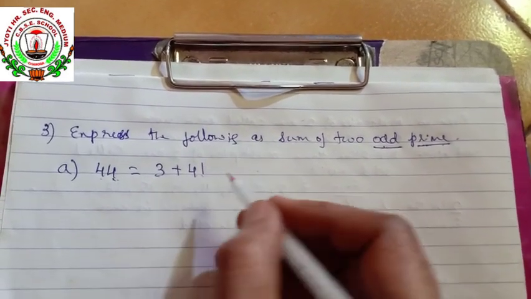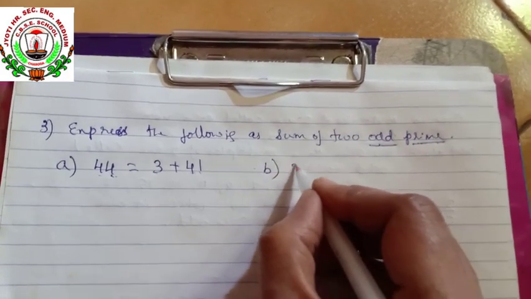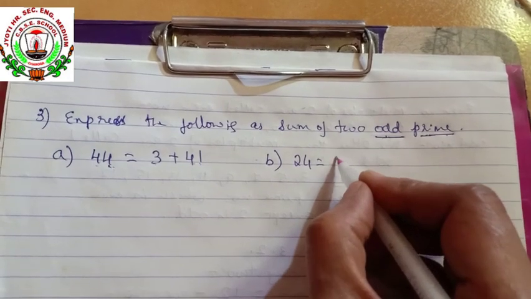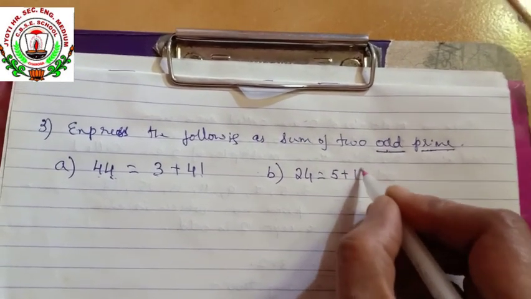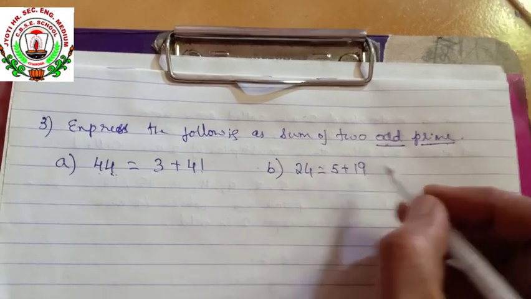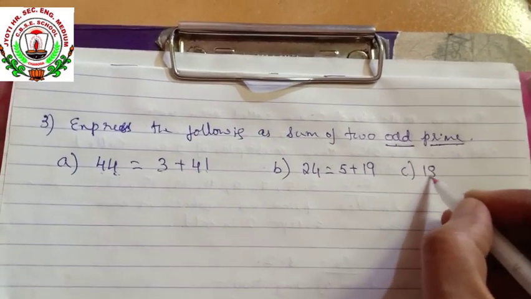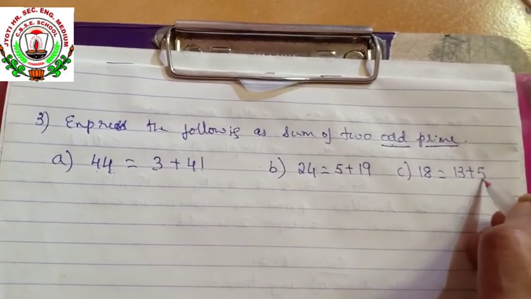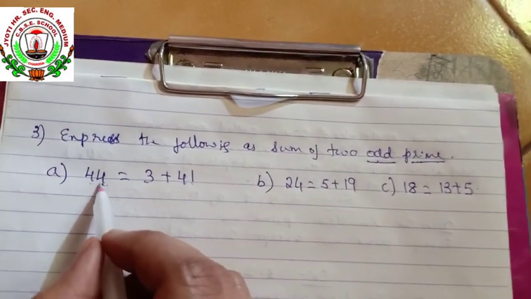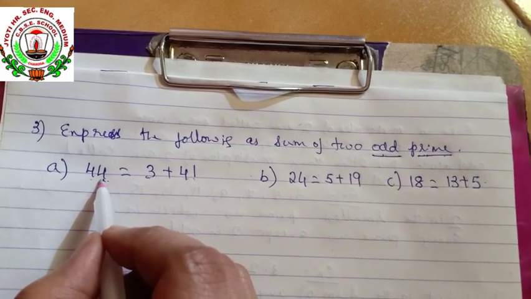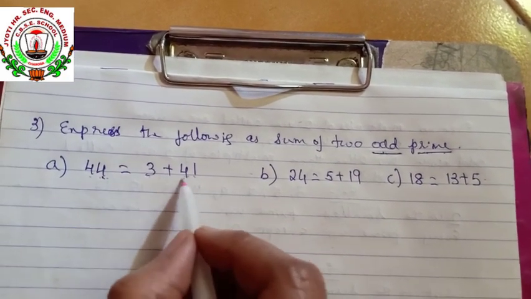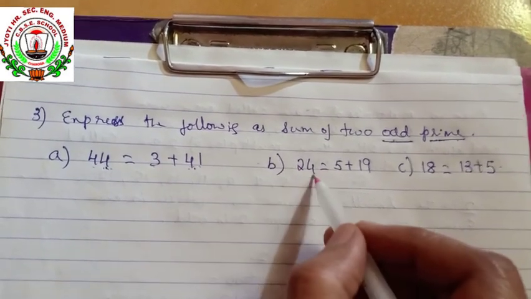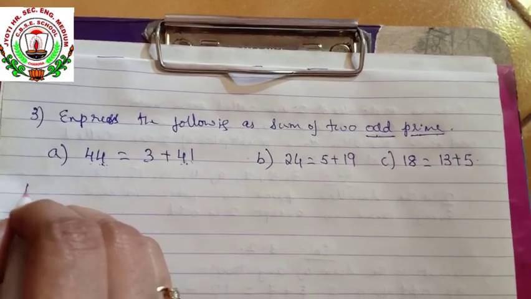You can write it in any other way. The second one they have given is 24. I can write it as 5 plus 19. 5 plus 19 is 24. One more question, 18. I can write it as 13 plus 5. So 44 was given as a composite number, and they asked to express it as a sum of odd primes. So next, the fourth one,